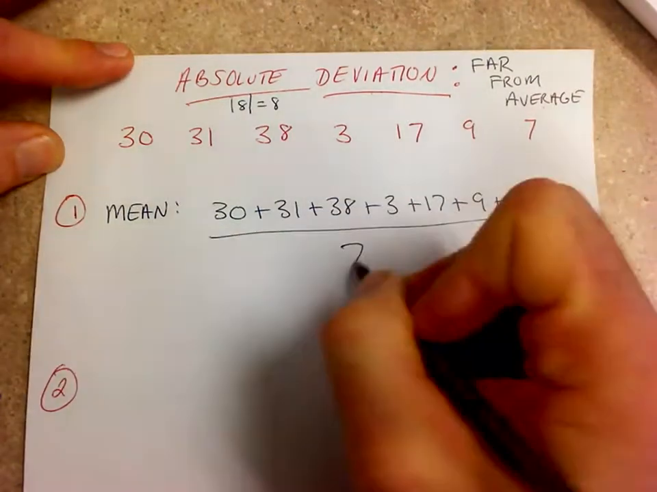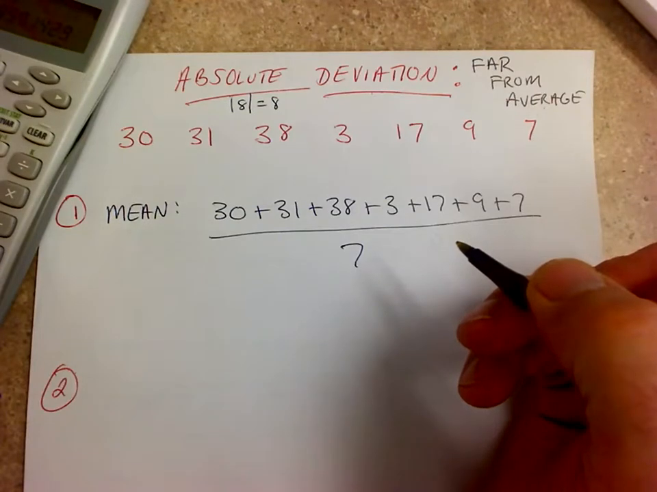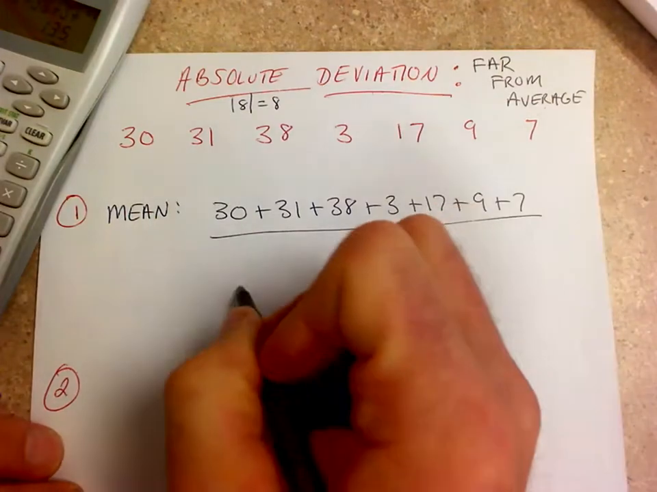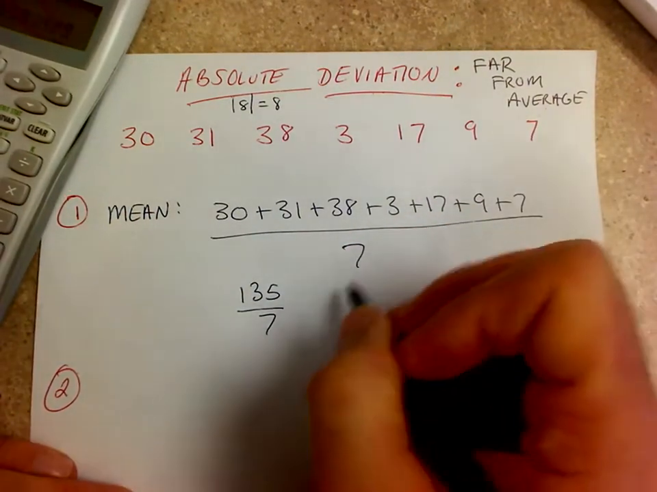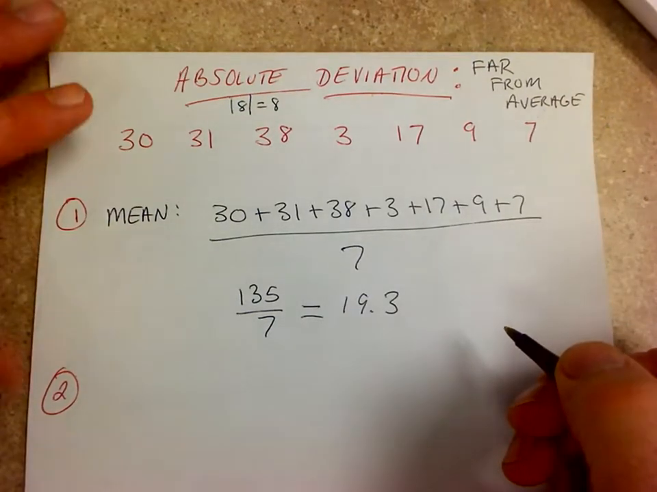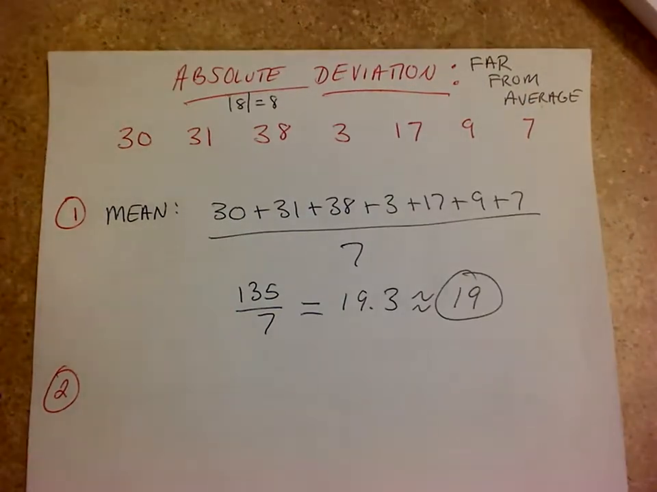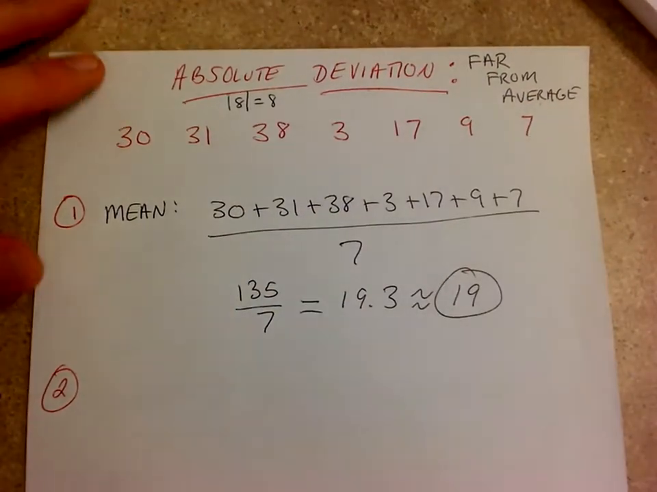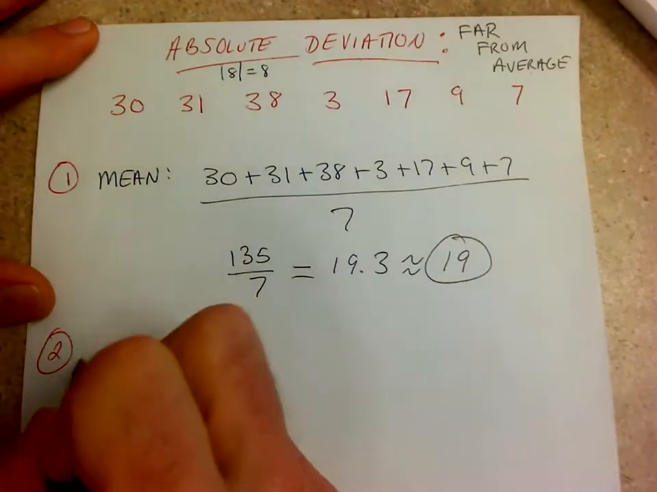And then we need to divide by 7. So we need to add all those up. So we'll do this quickly. 135 divided by 7 gives us an average of 19.3. Okay, so for the sake of this example, we're going to round that to 19. All right, so that's step number one, calculate the mean. Step number two